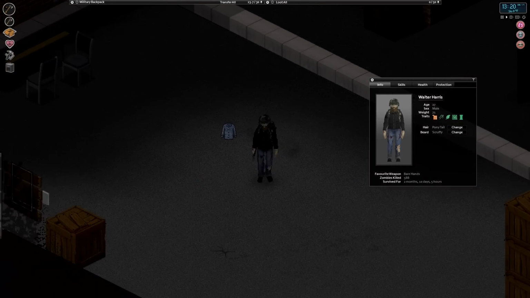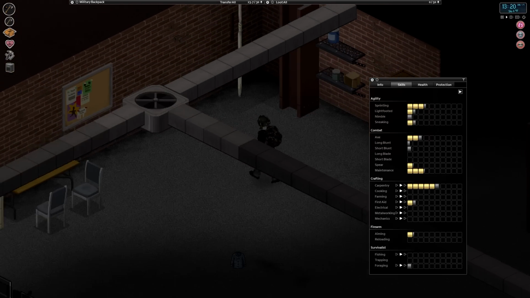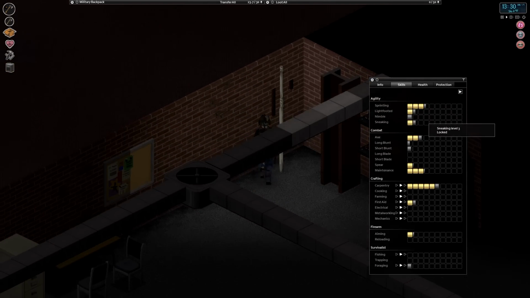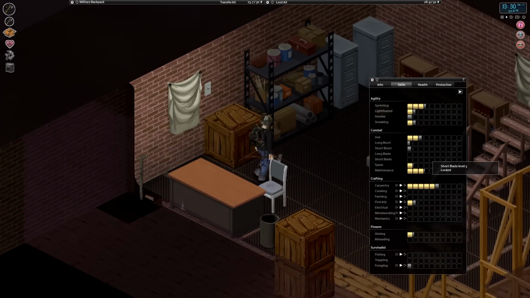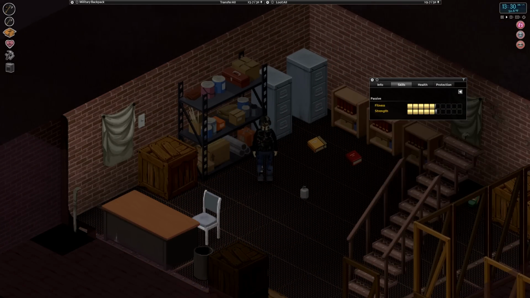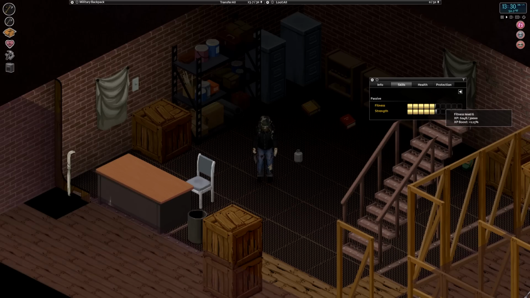Let's catch up with Walter Harris, though. He's killed 588 zombies. He's lasted 2 days, 10 months. His favorite weapon is still bare hands. I've been carrying around a lot of these wood axes, and I'd say that the most significant things that have changed about him are that he's significantly better at carpentry, a lot of his blade and weapon skills, and then really, this one's kind of invisible, but I chopped down like an entire forest, so my strength is almost halfway